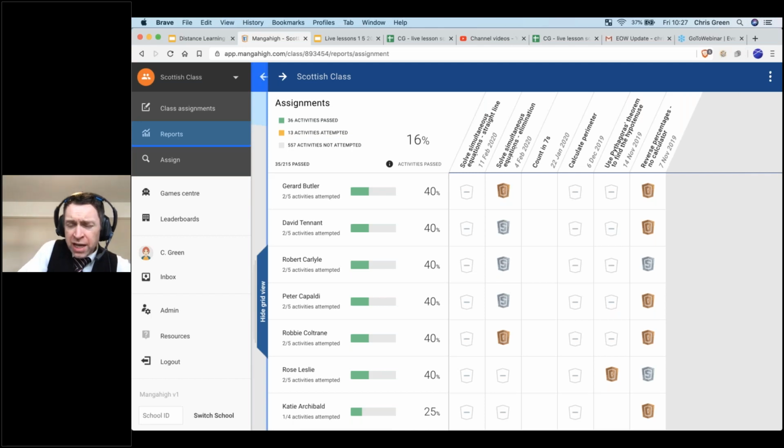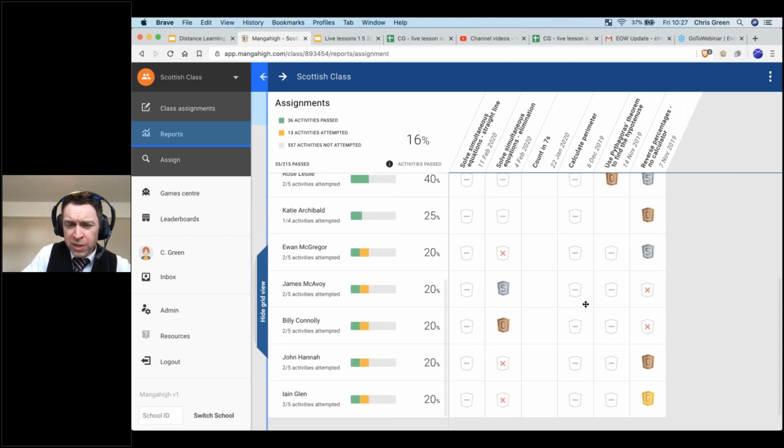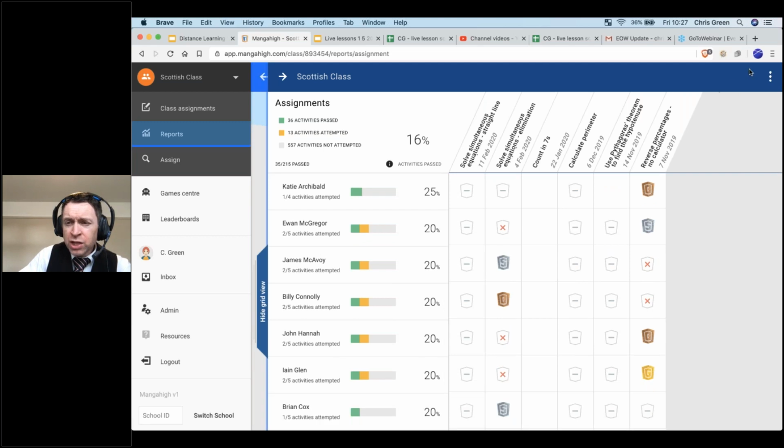So now I can see a picture of the performance of all my students against all of the activities that I've been assigning. And I can see that James and Billy are 2 of the students who really struggled with this activity on reverse percentages. So maybe it's worth me speaking to both of them together to help them. These reports are also downloadable. So in the top right corner, you'll see a download option. You can download this report in Excel. It's color coded as well to help you to see exactly how the students have been performing.